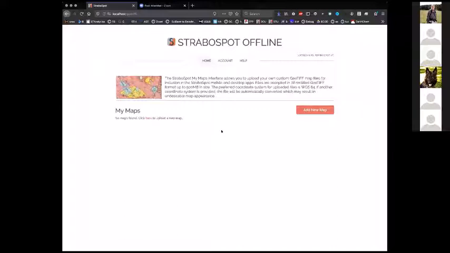If you go into the regular StraboSpot menu, you're able to download a help system for StraboSpot Offline that explains how to set it up and how to use the server, how to use Docker, etc. If you're familiar with Docker, it's all very easy.